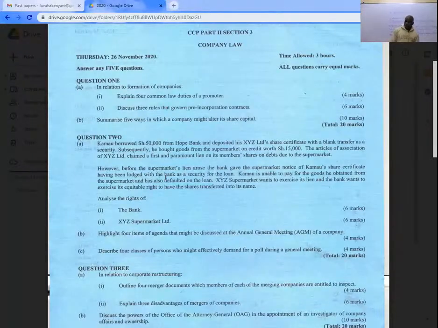Full stop, then you just say XYZ Limited can use other means to recover the due amounts from Kamau,